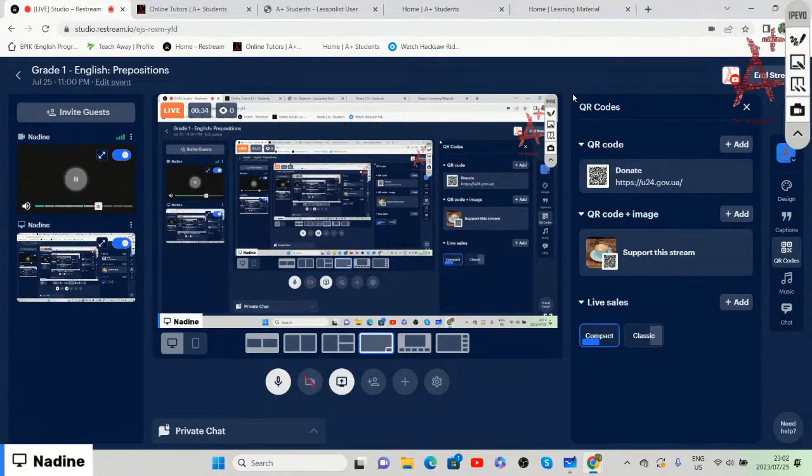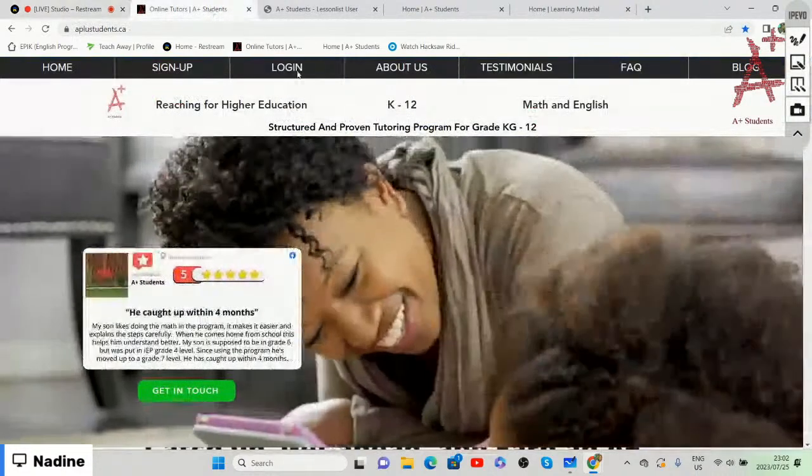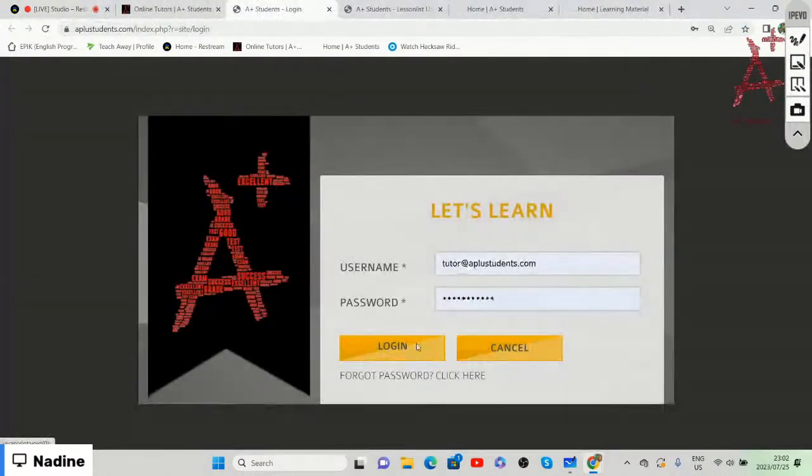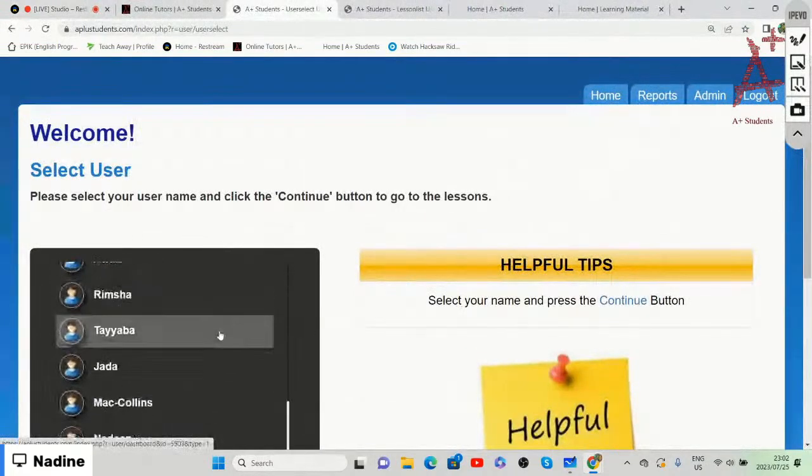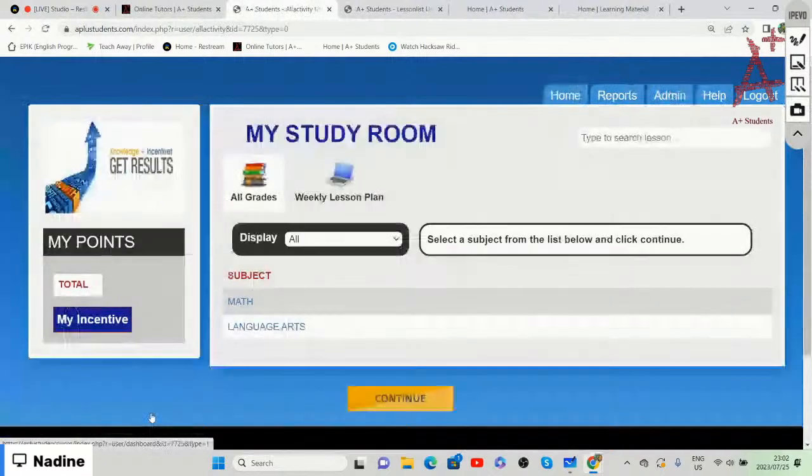aplusstudents.ca. Once you've logged into aplusstudents.ca, you're going to log in with your username as well as your password. Once you've logged in, you're going to select the subject of language arts